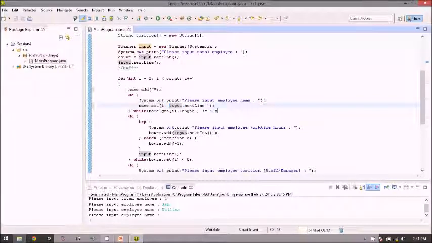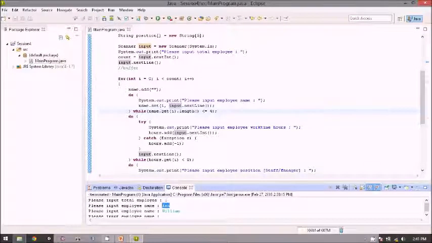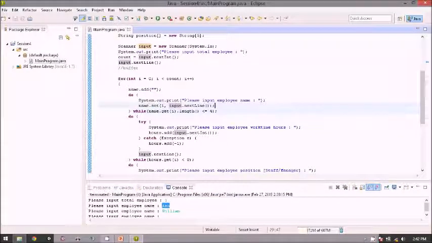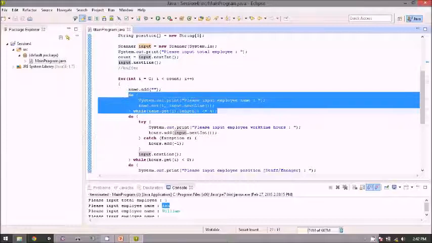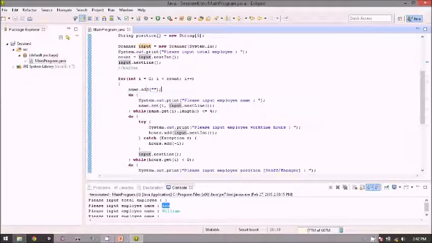So even if we input the wrong employee name, it will just loop inside this part of the program. So it will not add anything because the add is at the top. So it just sets the index I until the employee name is right.